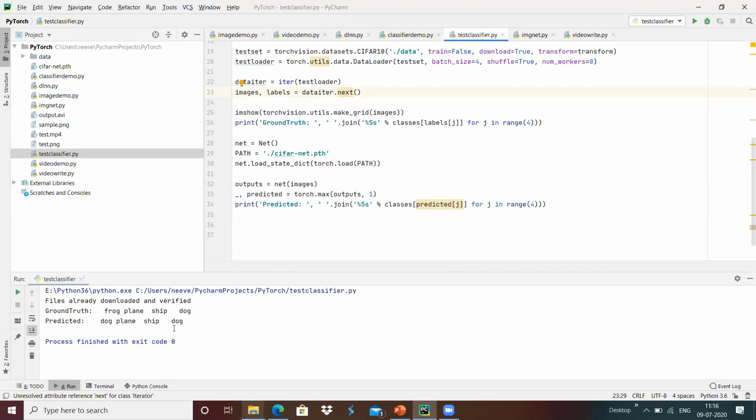This is something like we are taking the images from the test data set and providing them as input to the classifier, and the classifier returns the output. The test image data set contains the real frog, plane, ship, and dog, but it has been detected as dog, plane, ship, dog.